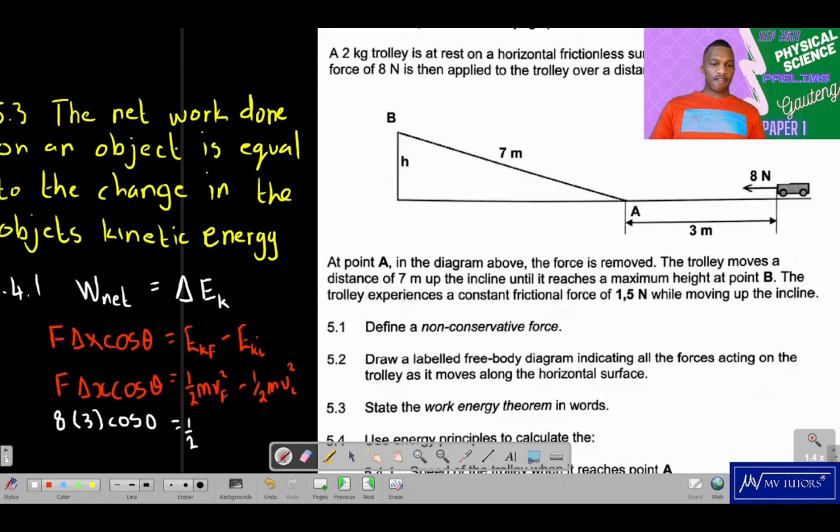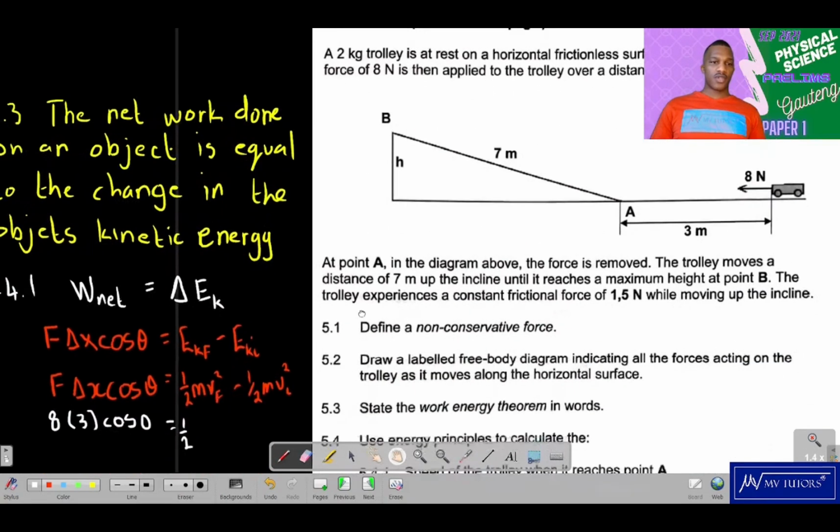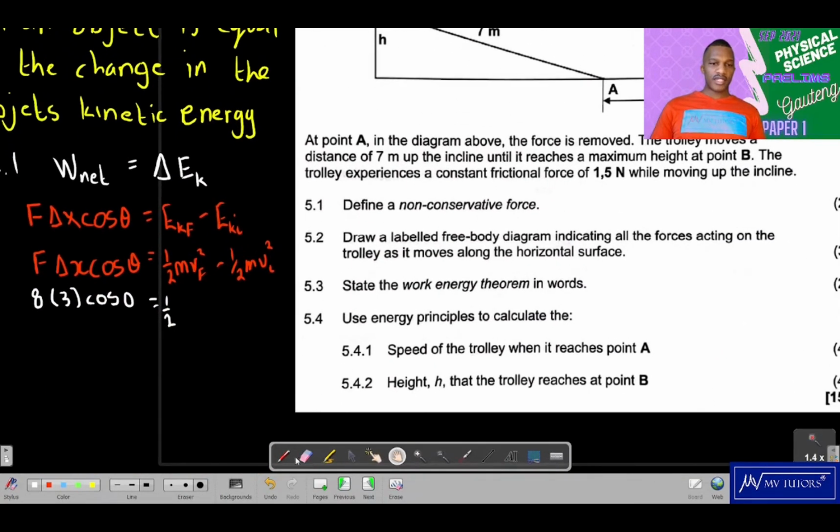So we got half, and the mass of this thing, they told us the mass. They said the trolley is 2 kg right there. So we know that m then is 2, and then the final velocity, that is what we are looking for. So v f squared, minus a half,